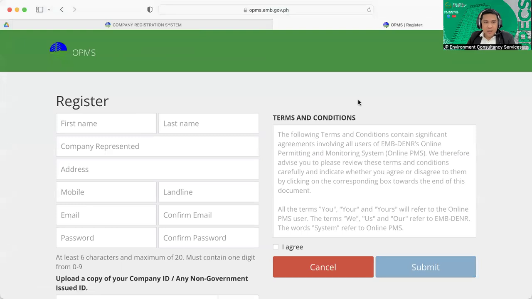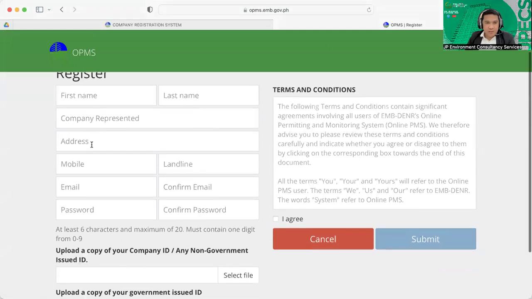So in creating an account to the online permitting and monitoring system through opms.emb.gov.ph, we can apply for discharge permit after successful creation of an account. We can also apply for permit to operate, PCL clearance, and other applicable registration and clearance and permits.